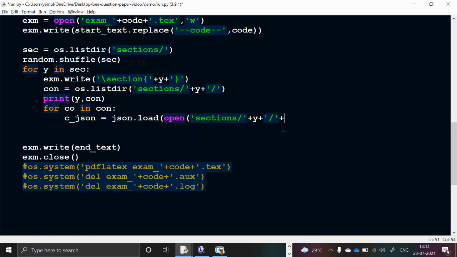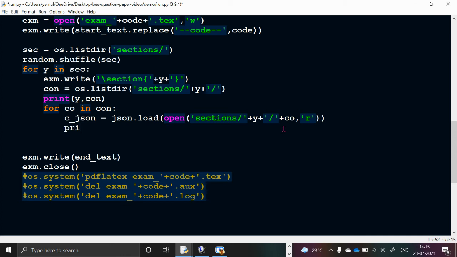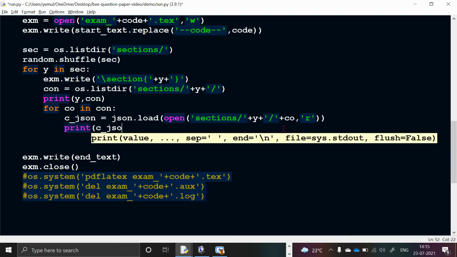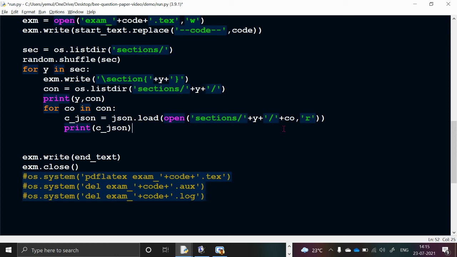CO. Now that file will have the extension also, so no need to add the extension here. Now in what format I have to open it? I have to open it in a read format, and that opened file will become a JSON object called C underscore concept underscore JSON. Okay, so let's print that thing, print C underscore JSON. Now, if the file is empty, then if the concepts are empty, then this for loop will not even run, so no problem. Otherwise, let's see whether this thing works.